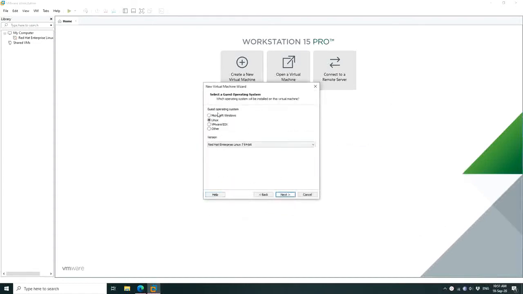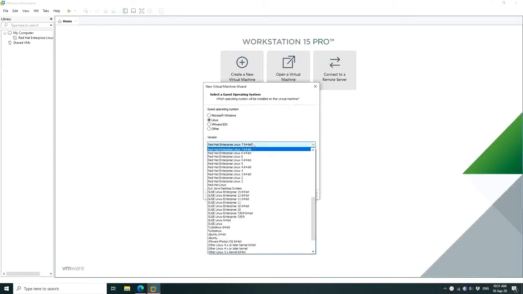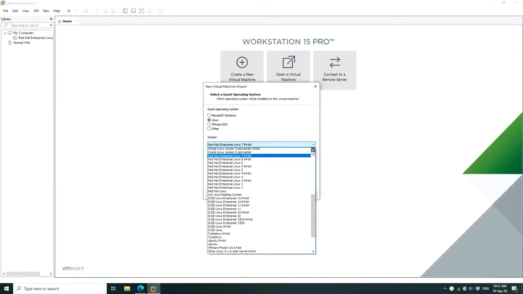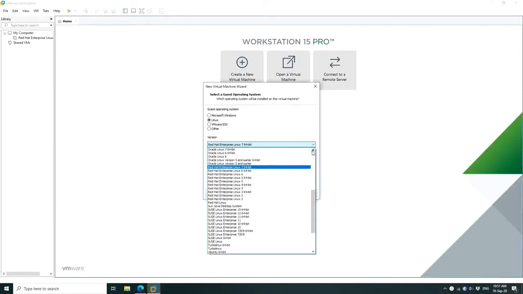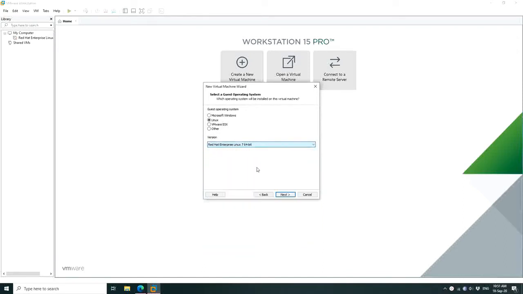Now we will select the operating system, which is Linux in our case, and we will select the flavor of Linux. You can see that RHEL7 is the maximum option, but don't worry and go for it. On the next screen, just rename your operating system from 7 to 8 and choose the installation path. From the next screen, assign the number of processors. I will select 2 processors with 2 cores. You can adjust as per your choice and requirement.